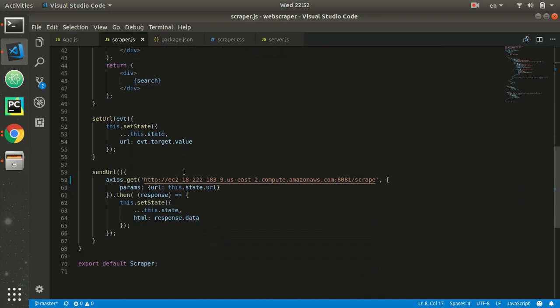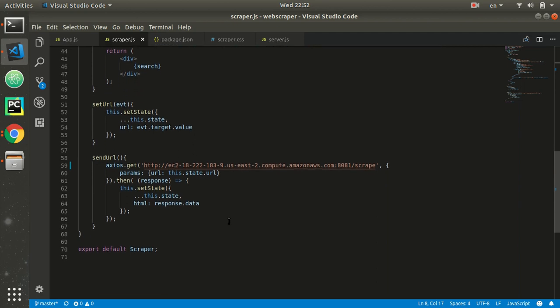The first method, named setURL, is for changing the state of the URL. When the user writes in the input, it's necessary for the application to know what that input is, and that's why we use state. Also, the second method, named sendURL,